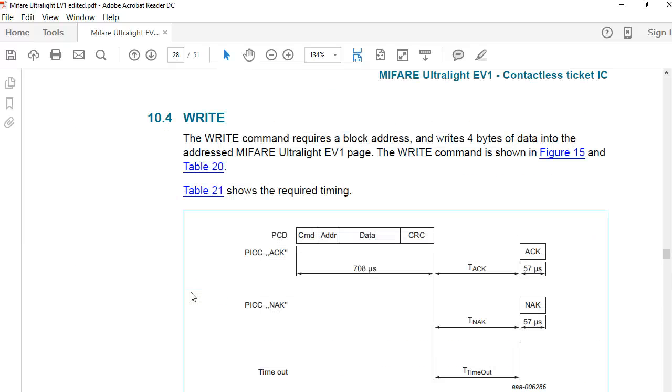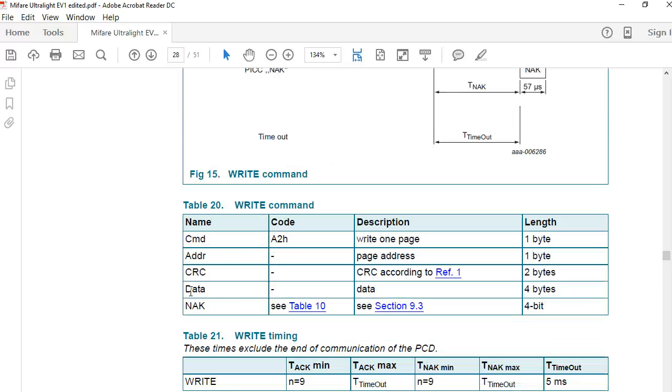So the next thing about write, so using this command you can write a single page. As you can see, the command is very easy to understand here. It says you have to send the command as A2, this is a command code, and the address, which page address you want to write, and the CRC. Because you're writing one page at a time and one page has got 4 bytes, you have to send 4 bytes of data,